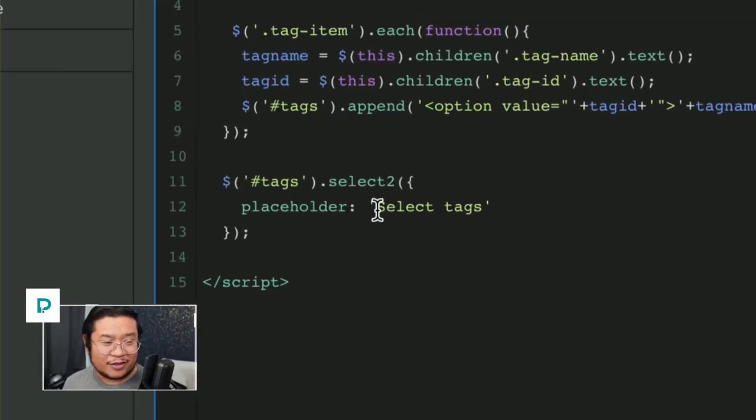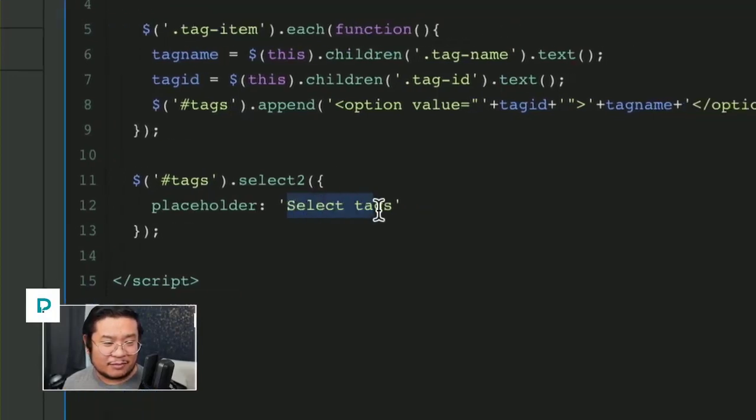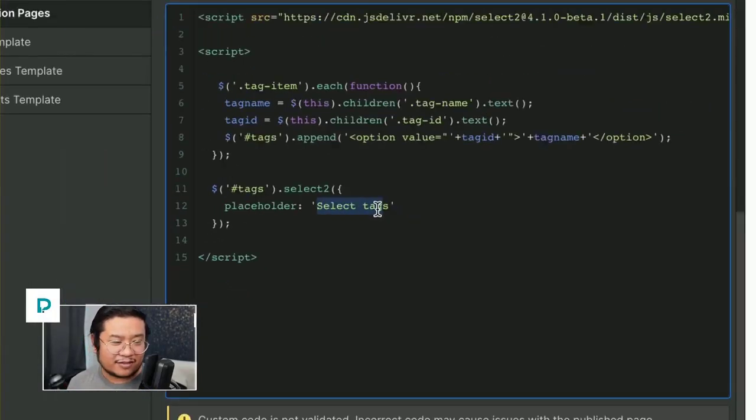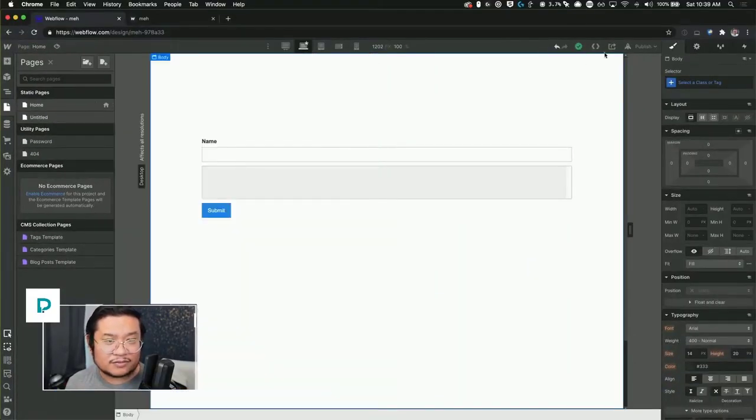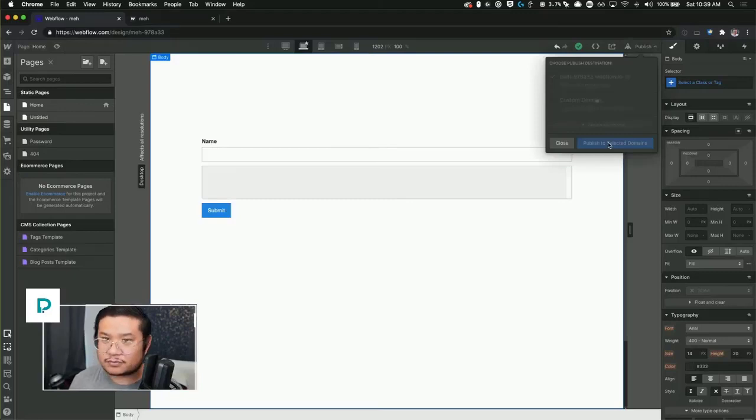And then also within it, put a placeholder of select tags. So if there's nothing selected, just show select tags. That's it. So if I press publish,